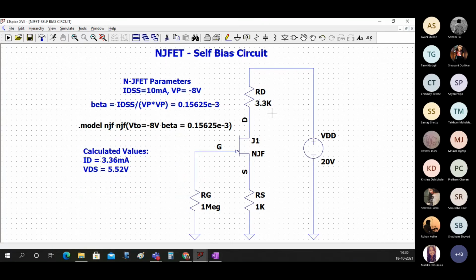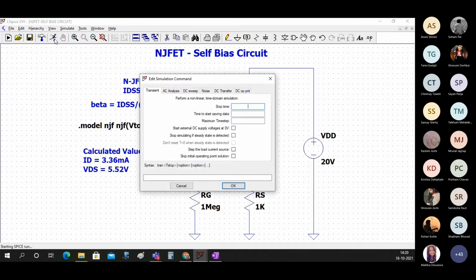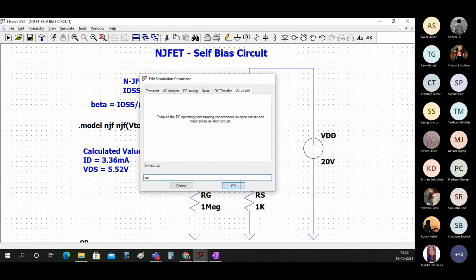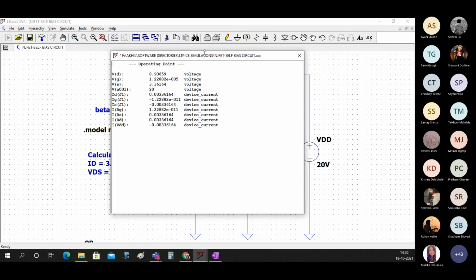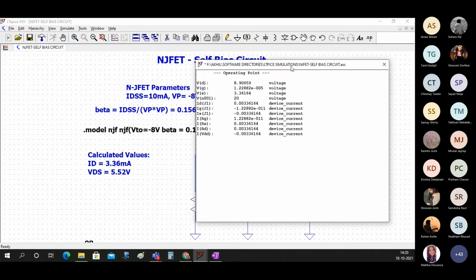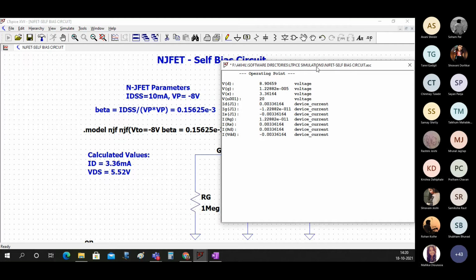Now let's check whether we are getting this or not. We'll just say run, and we'll run this dot operating point analysis, and let's check. Here you can see ID, that is 3.36, and this is also 3.36. So the ID value is correct, and from this, these three things you should observe.